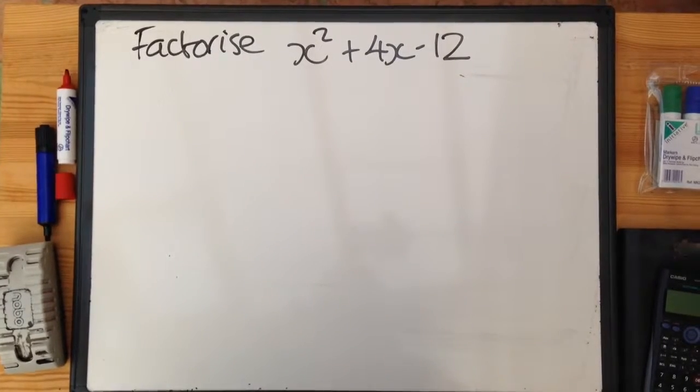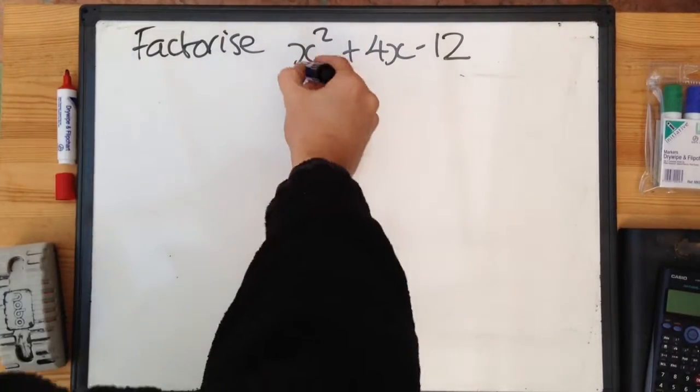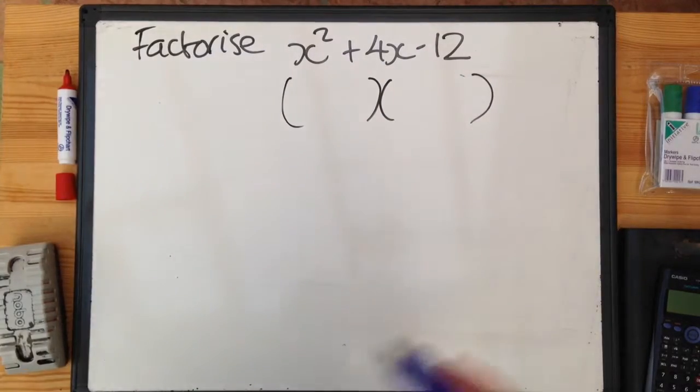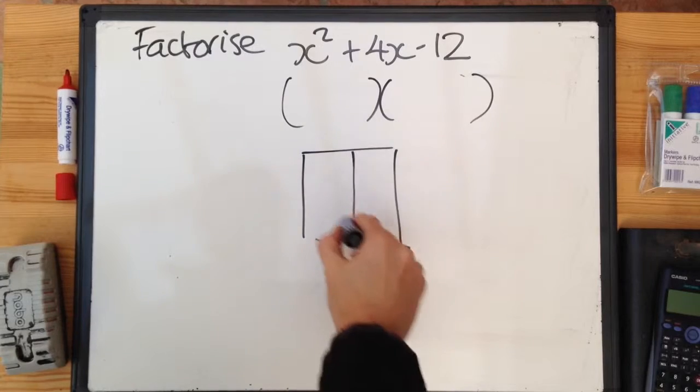Okay, we're going to factorise this quadratic expression. We know it's quadratic because of the x squared term there, and we know from previous work that we've done that the factorisation will be from two brackets. And if you think back to how we expanded two brackets like this, we used the box method, and the